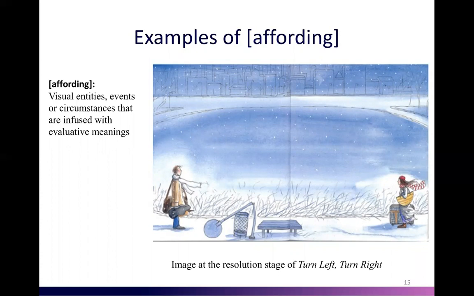In picture books, we could notice similar kinds of affording phenomena. The image on this slide is extracted from Liao's picture book story, Turn Left and Right, and depicts the final reunification of two story characters before they leave the city. It is interesting to note that when depicting this emotionally charged event, the two story characters are depicted far away from readers, and we cannot see clearly their facial expressions.